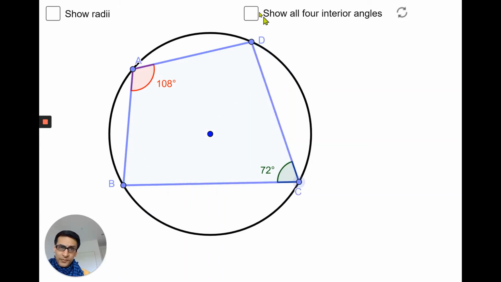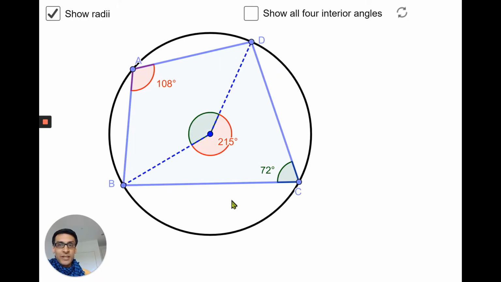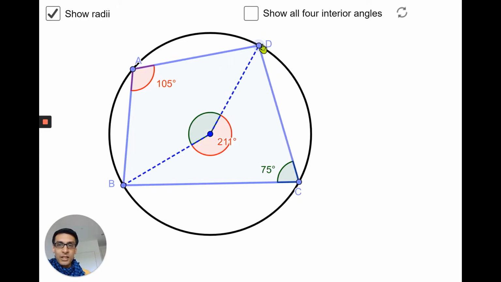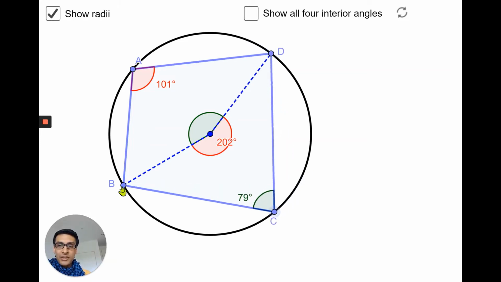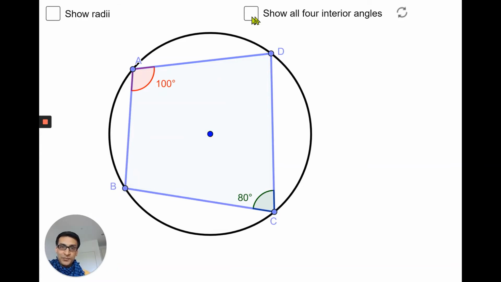Now, when I show you the radii in this diagram, it's going to hopefully blow your mind a little bit because it's going to make a lot of connections with the first three theorems that I've shown you. So take a second to look at what's happening here. What can we say about these theorems? Let's just make it a little bit more convenient if you haven't got it yet. Yeah, so that's going to help us with our proof to show why the opposite angles in a cyclic quadrilateral always add